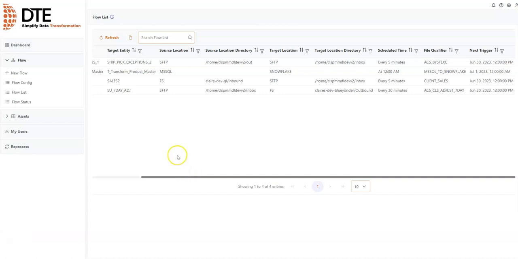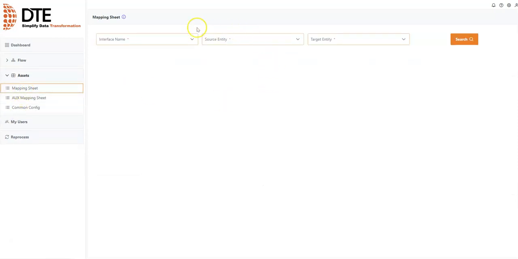Okay, in this video we're going to talk about using the data transformation engine as a data cleansing tool. In the previous video we talked about how we handle data transformations. We looked at mapping sheets and touched on, again, a very simple use case. And again, to refresh your memory, in looking at mapping sheets,